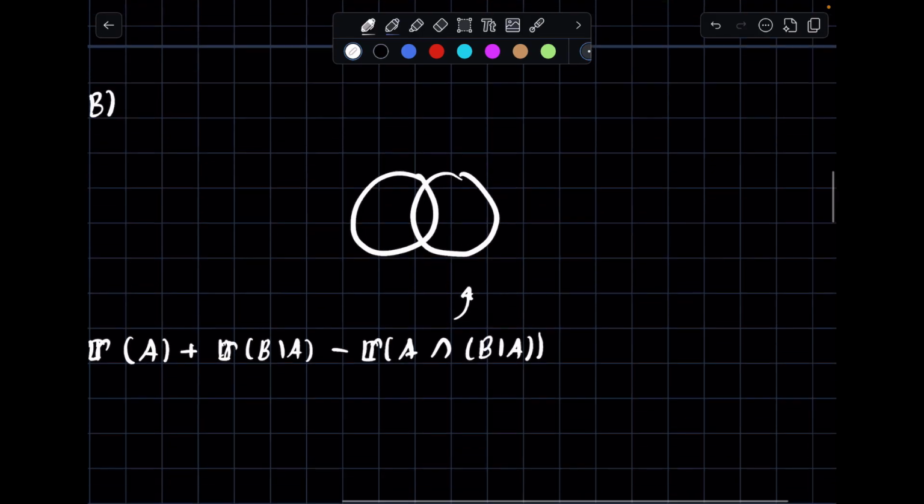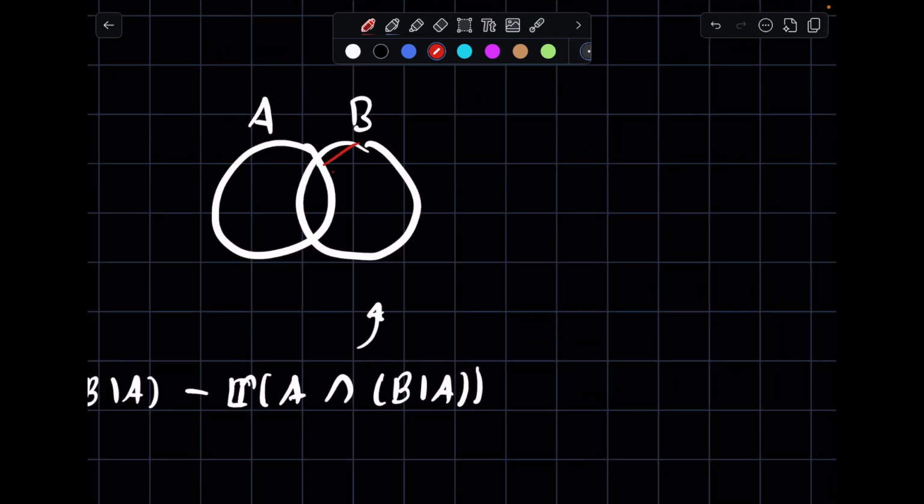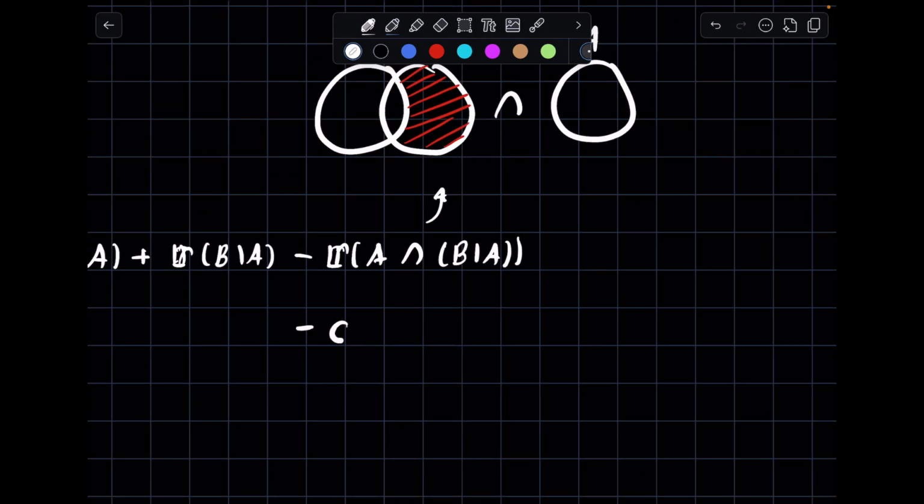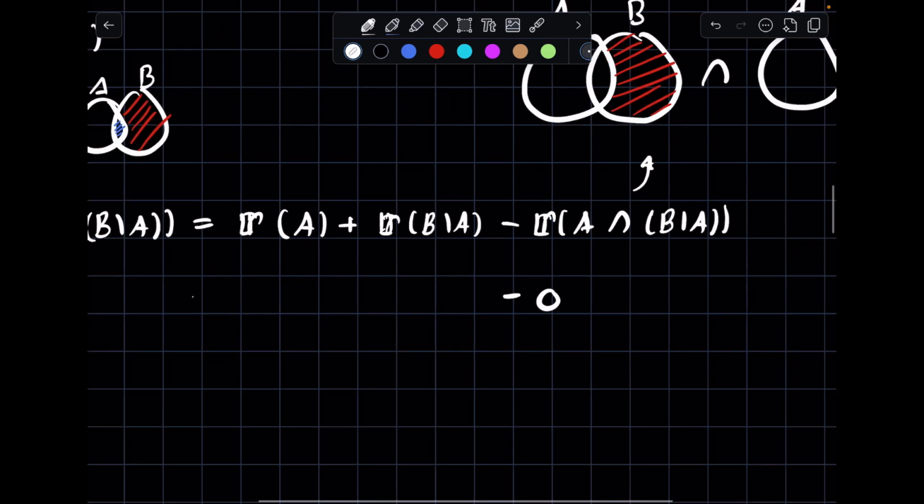Let's take two little sets, A and B, right? So B and not A, right? So the intersection between these two is non-existent, it doesn't exist. So this is going to be 0, minus 0. Now this is going to be equal to PA plus